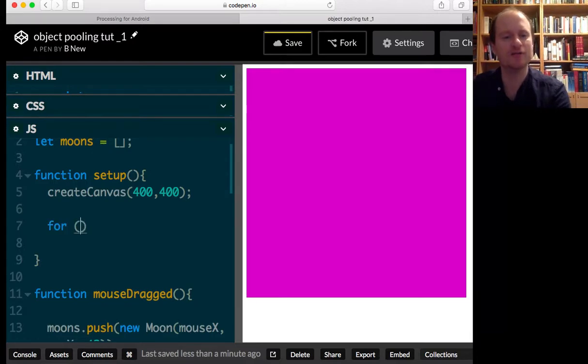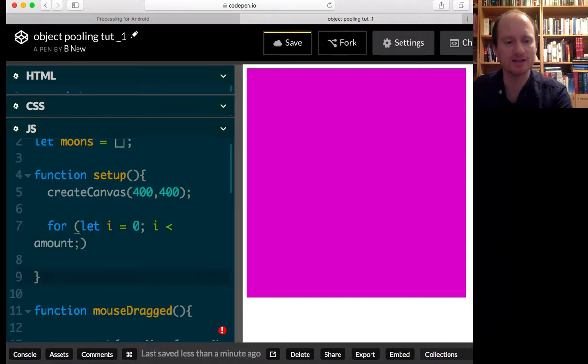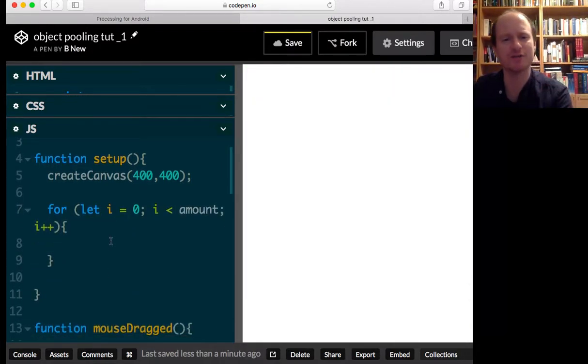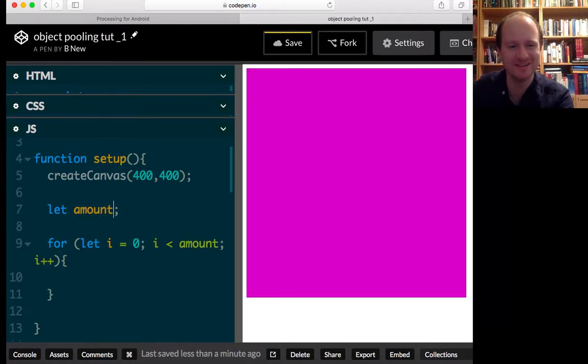So we will have a for loop this time. So for let i equals 0, i is less than, how many should we have? I'll just call that amount. So i is less than amount, i plus plus. There we go. That's how to write a for loop. I don't think I'll describe that. You can copy it. So that will just go around however many times I put into this variable here. So let amount equal, and let's make 600 of them, 600 moons,